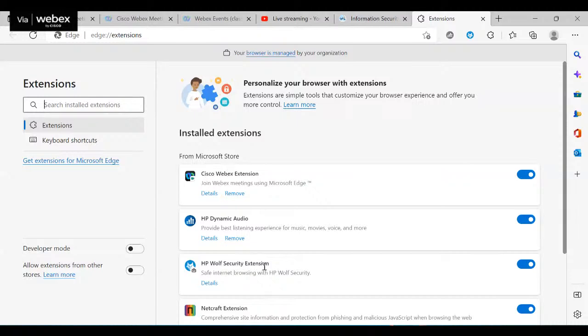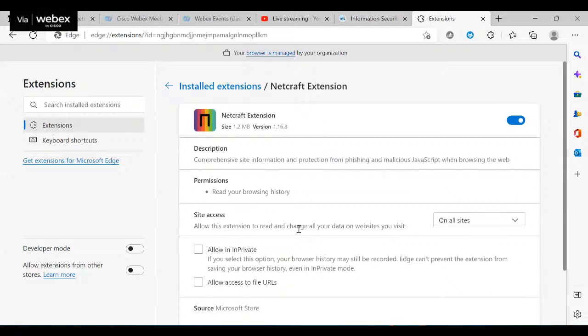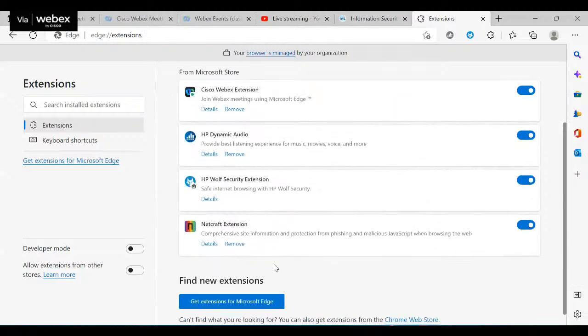Okay, and there is another extension called Netcraft extension. What will this Netcraft extension do? We'll see. Okay. This Netcraft extension will tell you whether the website is correct or not.